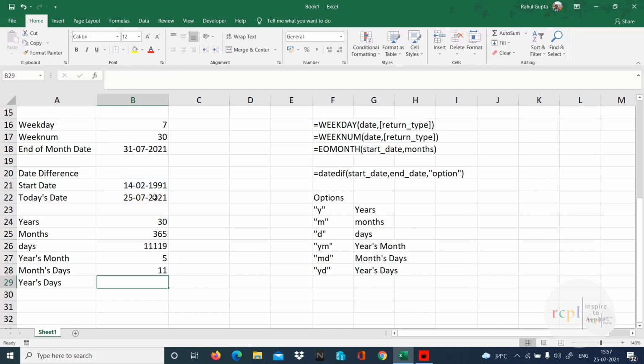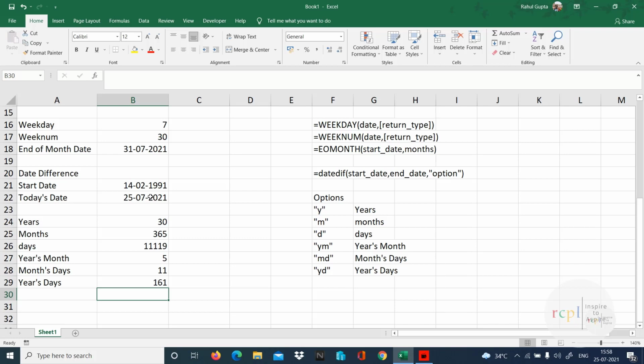So now I can say age of that person is 30 years 5 months 11 days. Date diff, start date, today, and within double quotes yd. And if I have to say about tenure, it's 30 years 161 days.